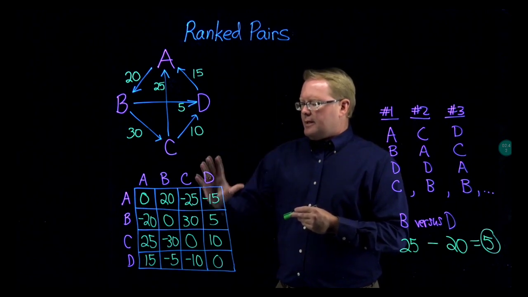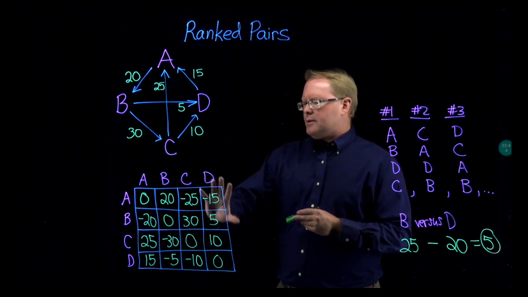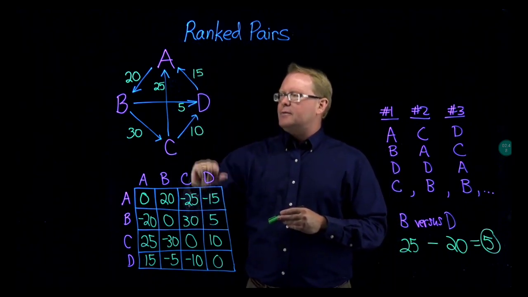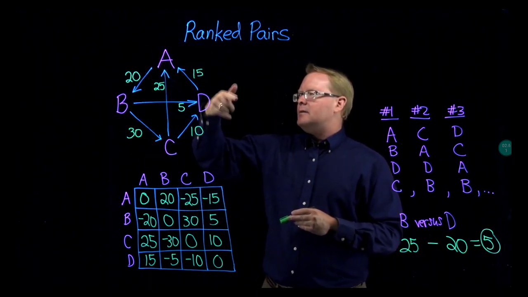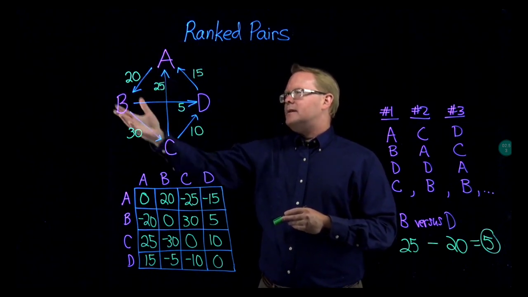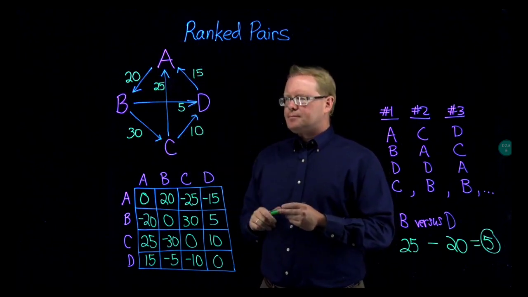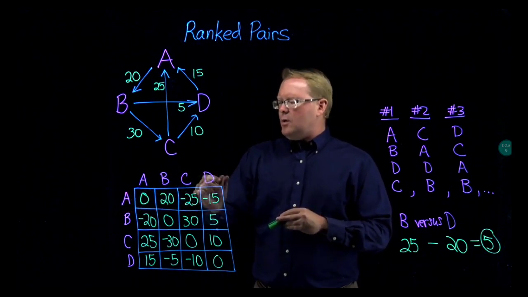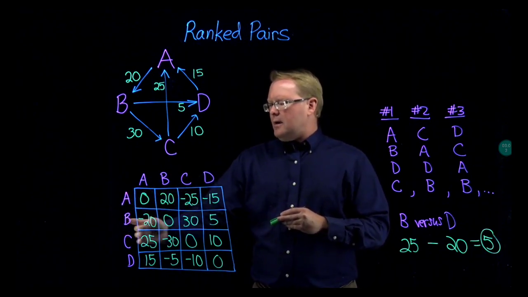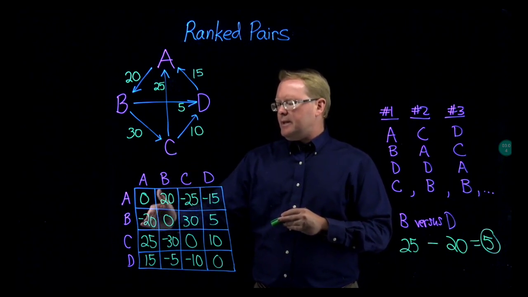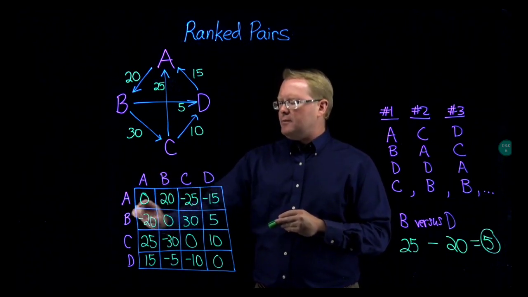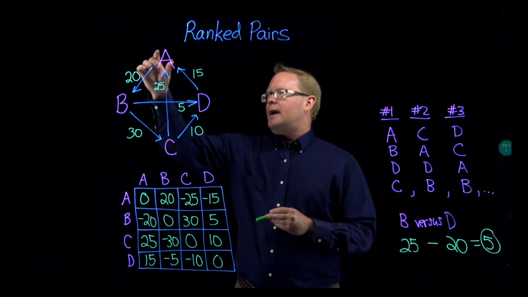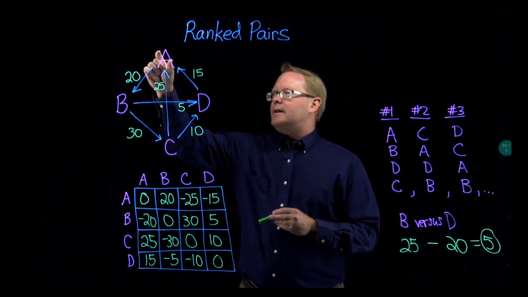So there are a number of methods that use this margin of victory matrix, and before I discuss them, notice that we can take this information and look at it more pictorially with this picture above it. And instead of having in row A, column B, a 20, and in row B, column A, a negative 20, which necessarily has to be the opposite sign, because if A beats B by 20 votes, B loses to A by 20 votes, we can simply draw an arrow from A to B, and say that A beats B